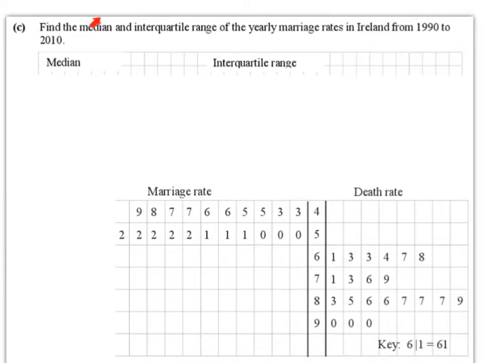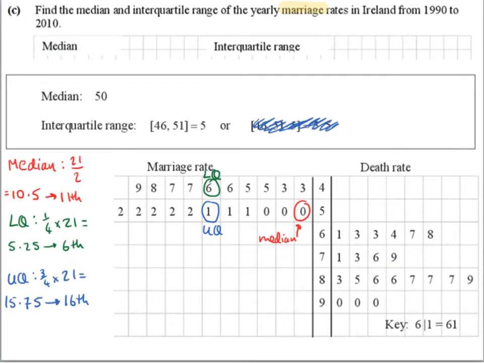C. Find the median and interquartile range of the yearly marriage rates in Ireland from 1990 to 2010. So again, we're going to use our stem and leaf plot. We're only interested in marriage, so we're only interested in the left-hand side. Okay, so to get the median from a stem and leaf plot, what you do is you count up the